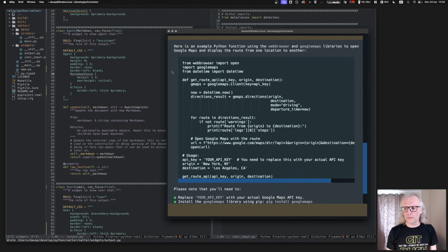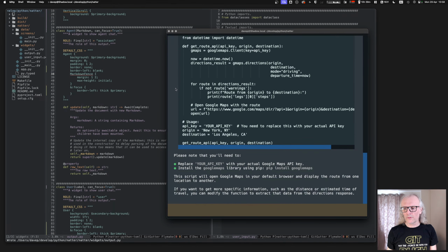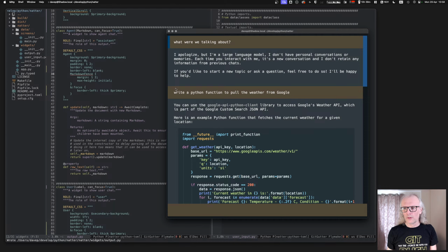Oh, where's focus gone? Focus has gone somewhere. Ah, I didn't scroll back to the top. Ha! Interesting.